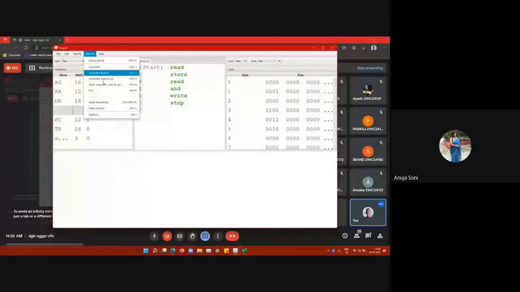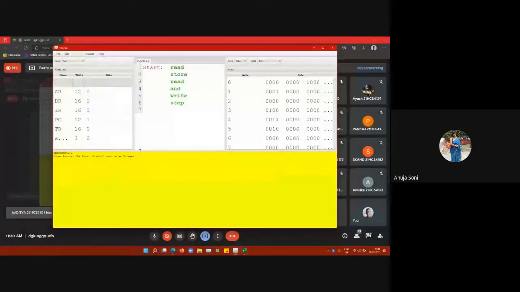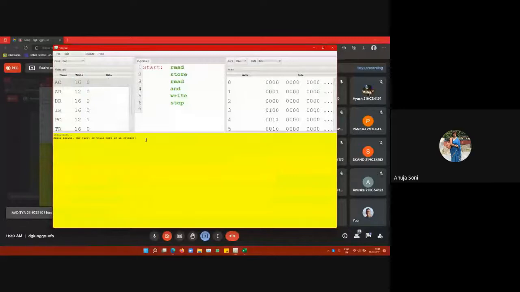It is not every time mandatory to make use of temporary register. Whenever you have to visualize in terms of the connections given in the common bus system of the CPU, if you have to apply the logical or the arithmetical operations, in that case, essentially the DR and the AC registers are used. So prefer to make use of DR register in place of TR. TR may be used for holding the temporary data. Are you getting it? Okay.